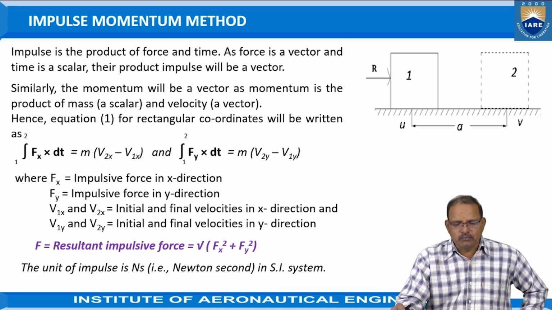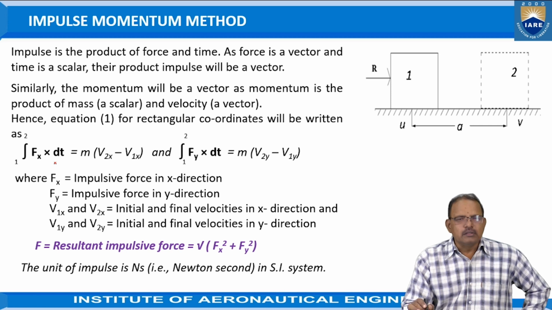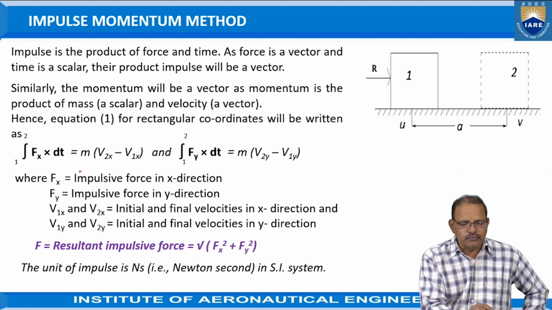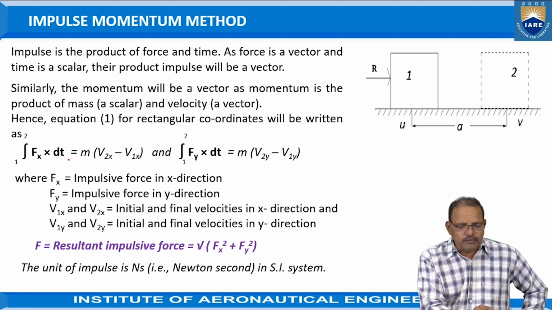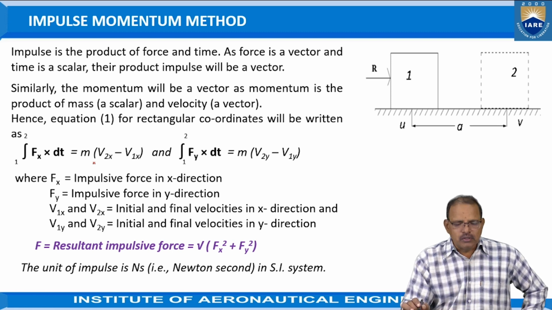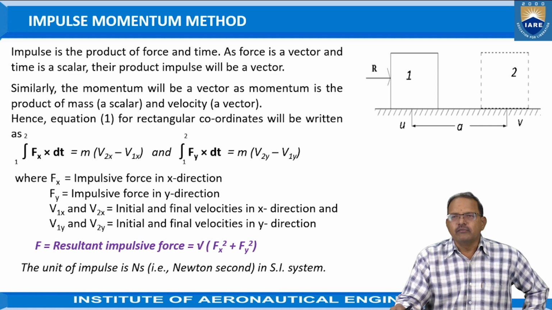Momentum is a vector, as it is the product of mass and velocity. Here we are taking the integral from 1 to 2 of Fx dt, that is the component of force acting along the x direction, multiplied by the time dt. It is equal to m into (v2x minus v1x). Similarly in the y direction, the integral from 1 to 2 of Fy dt is equal to m into (v2y minus v1y),